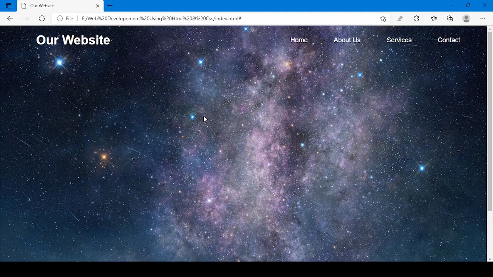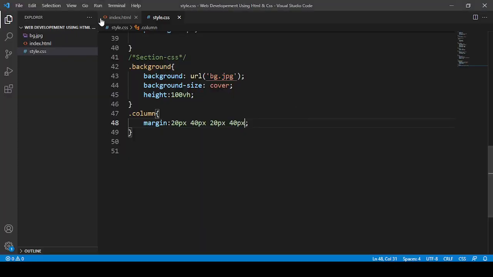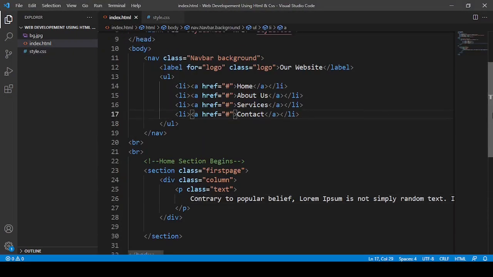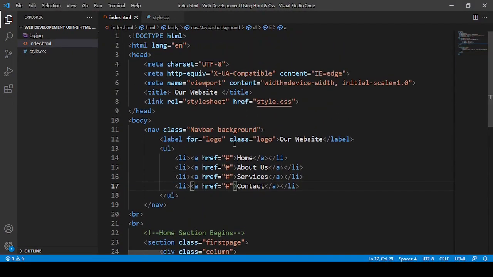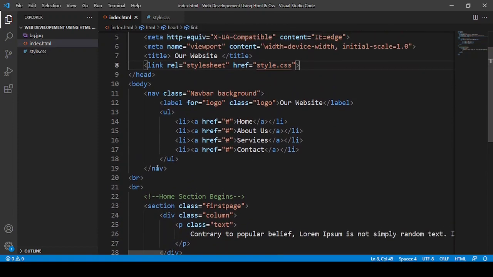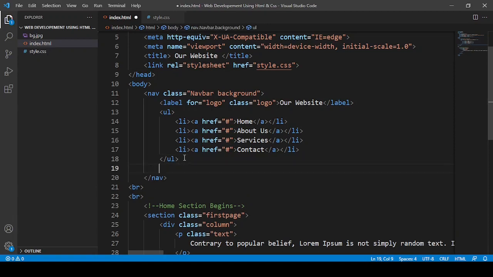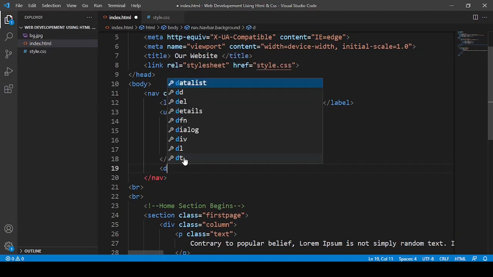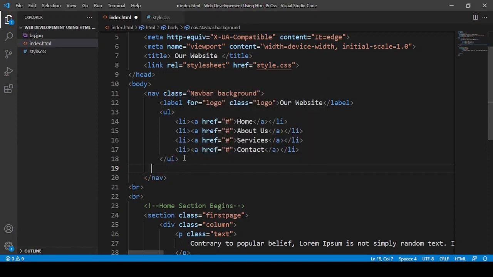Now I want some text here in the front screen. So what I can do, after the ul, I can give a label also.